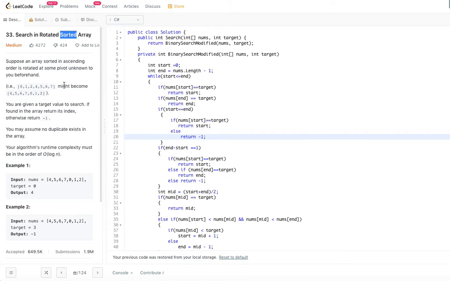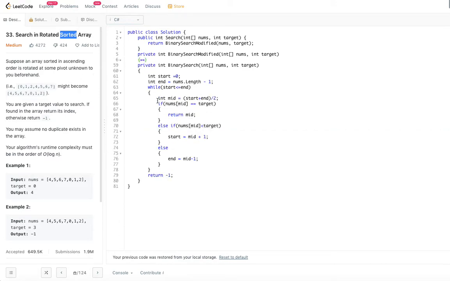So let's look at the algorithm for the regular binary search. Then we will get some understanding of how to modify that binary search so that we can solve this problem. Let's talk about the binary search first, and then we'll jump to the modified binary search. That's why I have two methods here, binary search and binary search modified. For solving this problem, we are not using this binary search method here. This is just to give the idea. The method which actually solves the problem is binary search modified only, okay? So this one is just to get the idea.